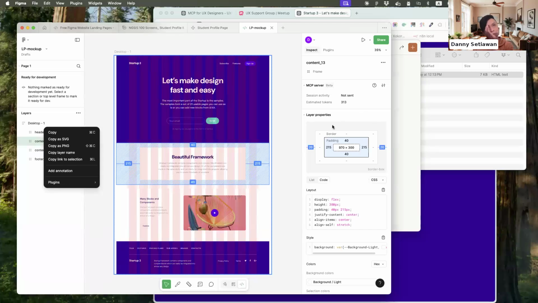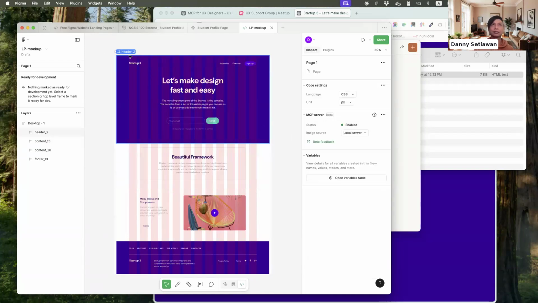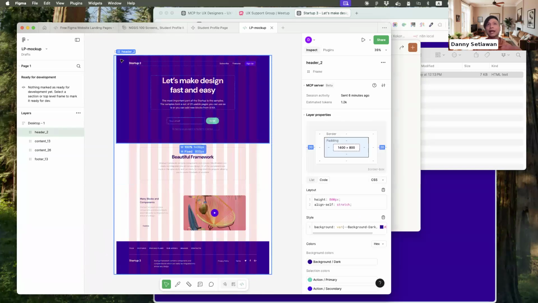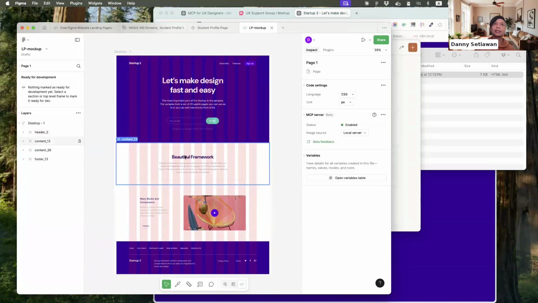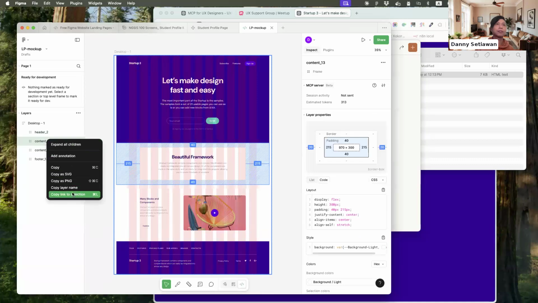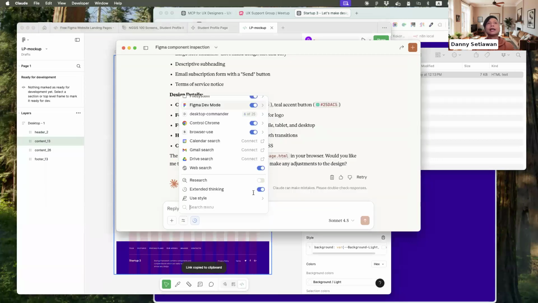There's also, for some of you who care, the estimated tokens that this will require, basically the amount of energy, essentially the brain power, needed to actually make it happen. A lot of information. But anyhow, I'm going to get the second bit here, right click, copy link to selection. And then in my